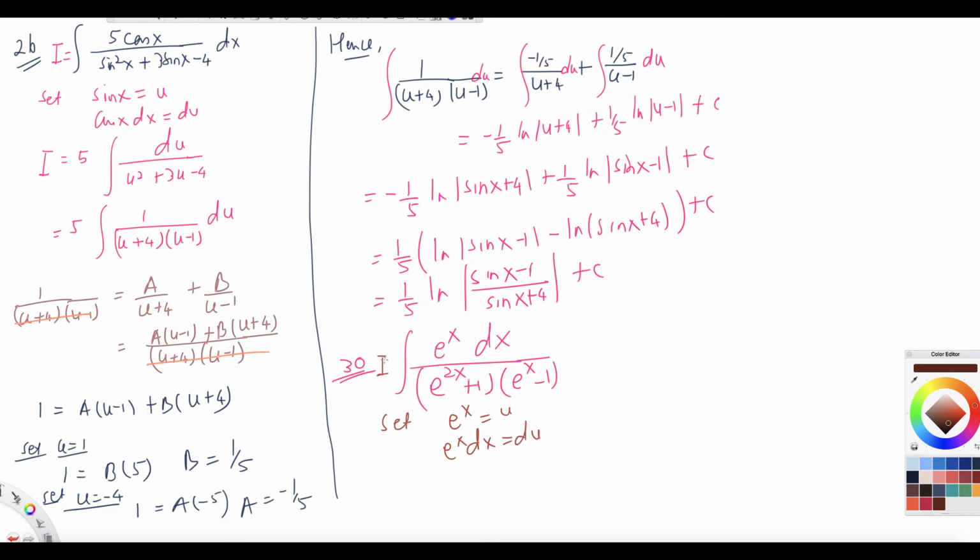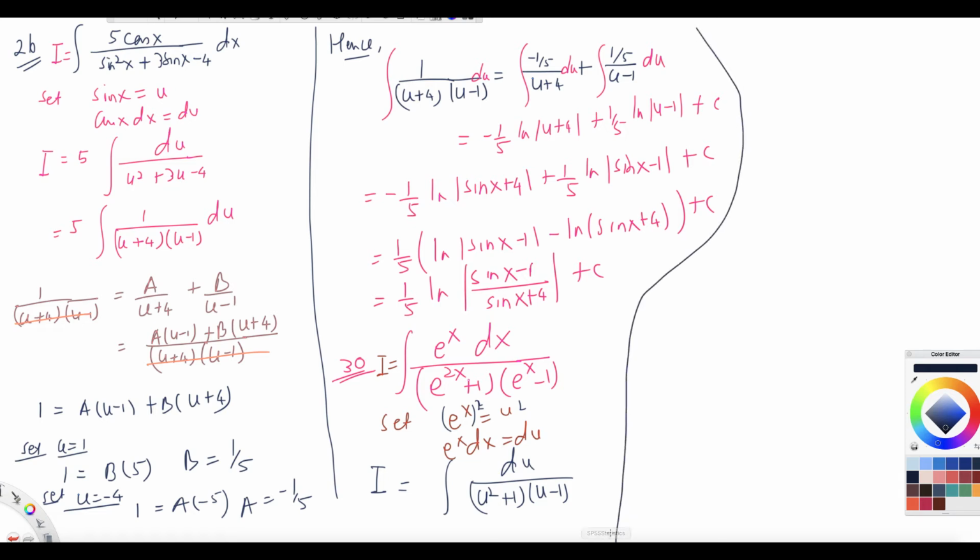What do you get? The integral I is equal to what? Du over e to the x, which is u, so e to the x squared, that means e to the 2x, will be u squared, so it will be u squared plus 1 and then u minus 1 du, right? Now what we do next is we want to do the partial fraction, so